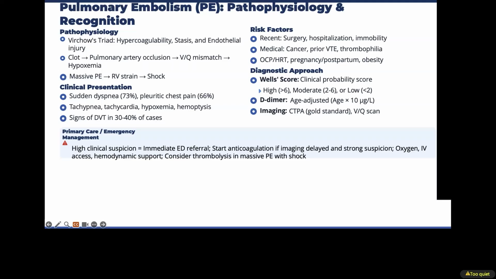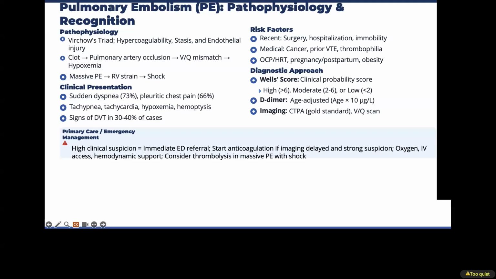Okay, so how do you approach this? Well, you've heard of the Wells score. The Wells score is just a probability scoring tool. You can pull up your MD Calc app, and depending on the criteria you enter there, the higher the score, the higher the risk. If the suspicion is low or moderate on this checklist tool in your phone, you can